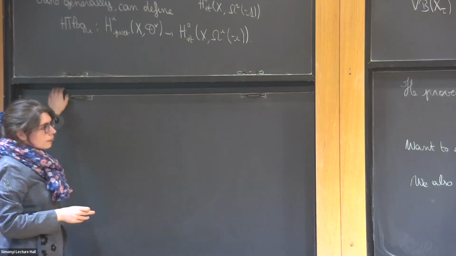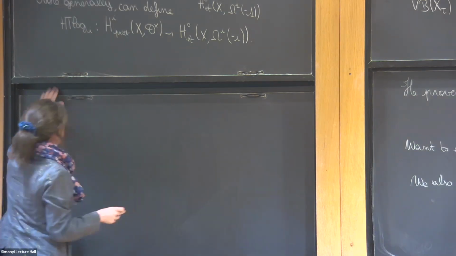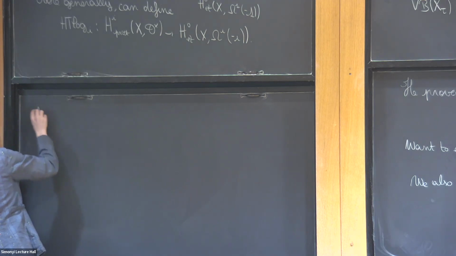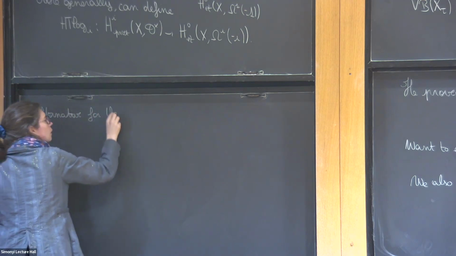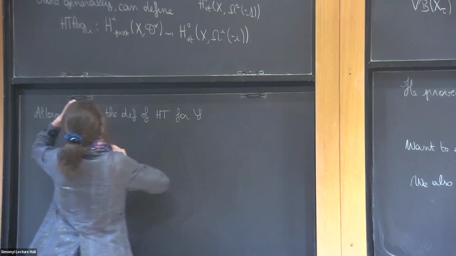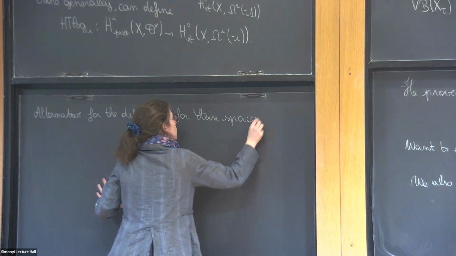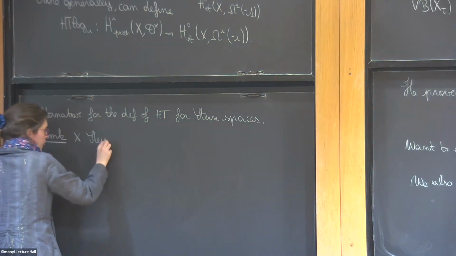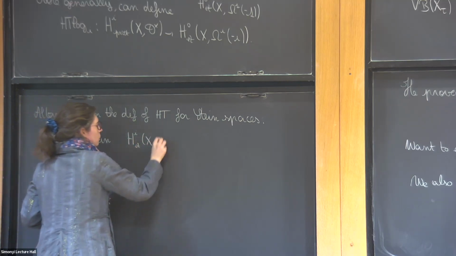But in fact, in the case of Stein spaces, this can be made more explicit, the Hodge-Tate morphism. So we have an alternative definition of the Hodge-Tate morphism for Stein spaces. So first, a remark. Since X is Stein, we have that H^i étale of X, Ω^j